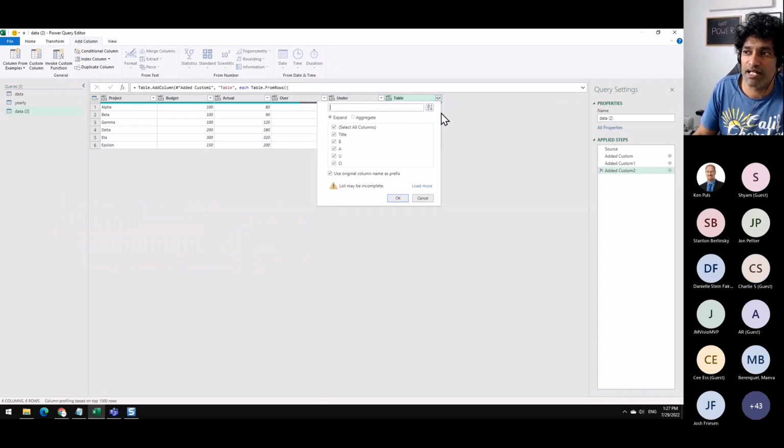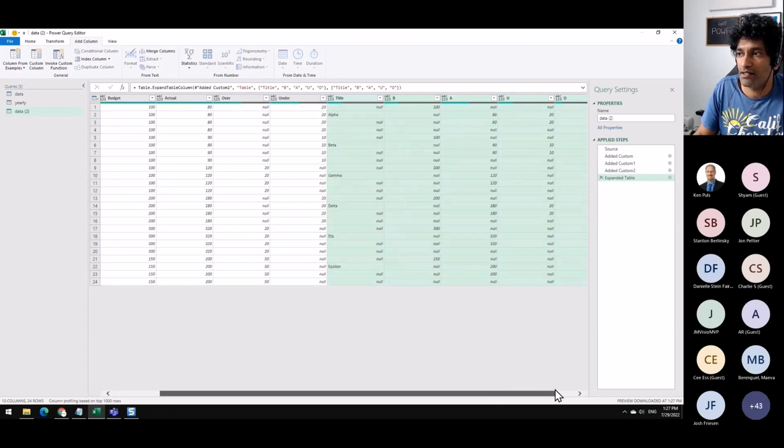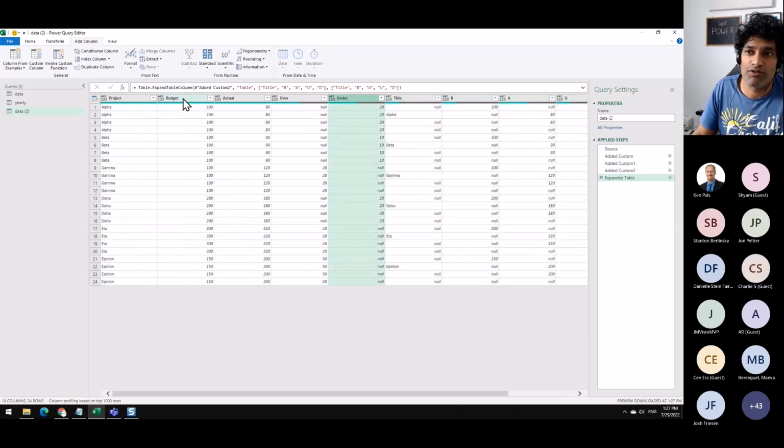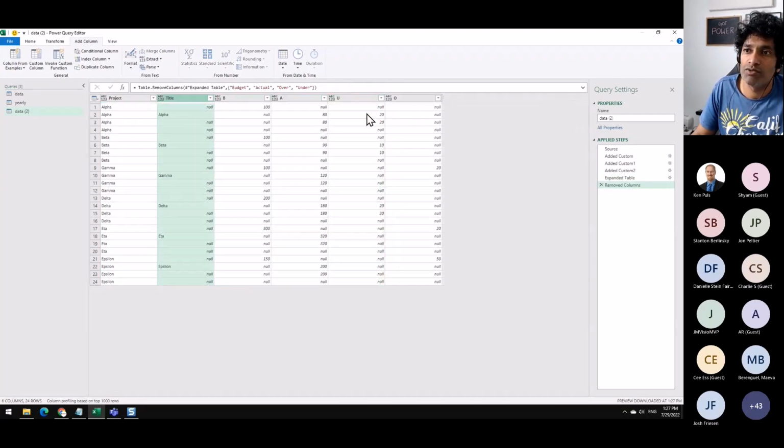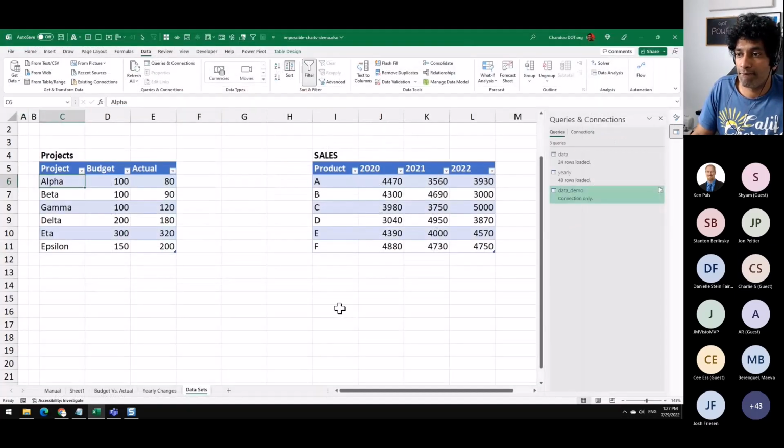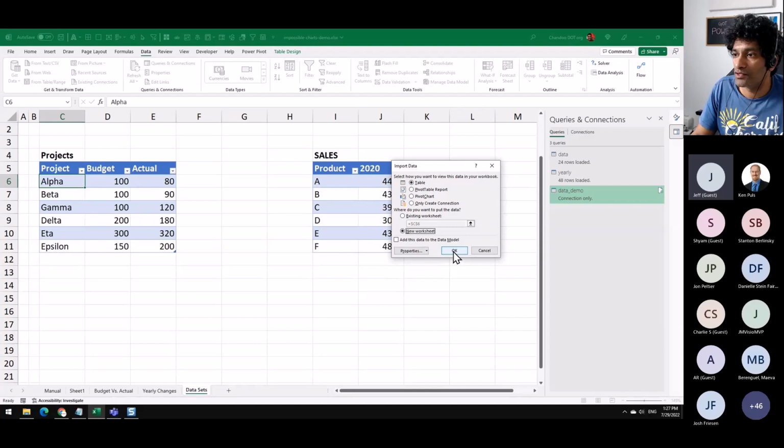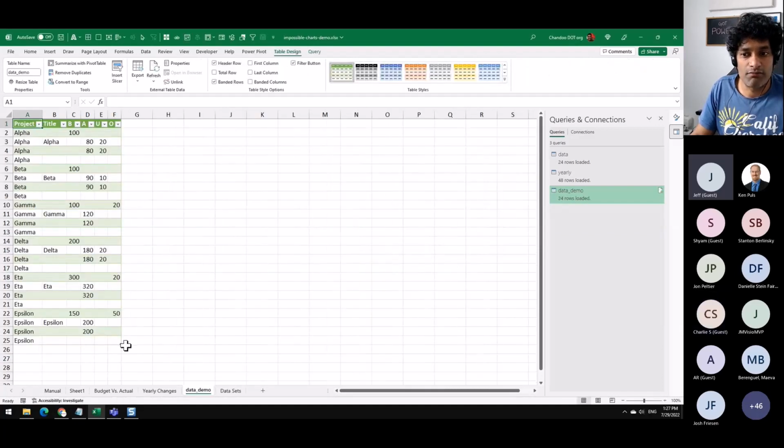So once this table is there, if I expand this table and uncheck this and get all the columns, I'll get the fully expanded table version of the data. At this point, we no longer need any of these. So I'll select these columns and then remove them so that we will get this kind of data. I'm going to name this _demo. And let's load this up to Excel. This is just a connection, so I'll set this as a table in a new worksheet, and we will get an expanded table like this.